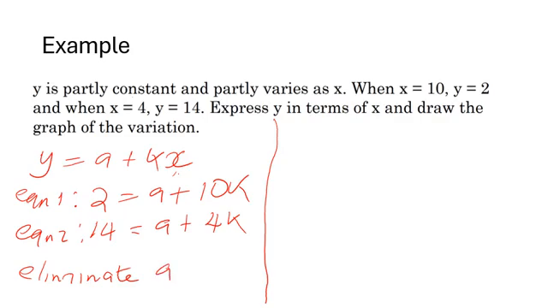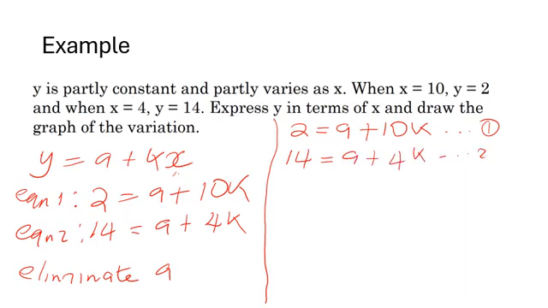So eliminate a. If we eliminate a, we have 2 is equal to a plus 10k. This is equation 1. And we have 14 is equal to a plus 4k. This is equation 2. Okay, so if we subtract here, it will be negative 12. That's a 0, so it will be equal to 10k minus 4k, that's 6k, which means k will be equal to